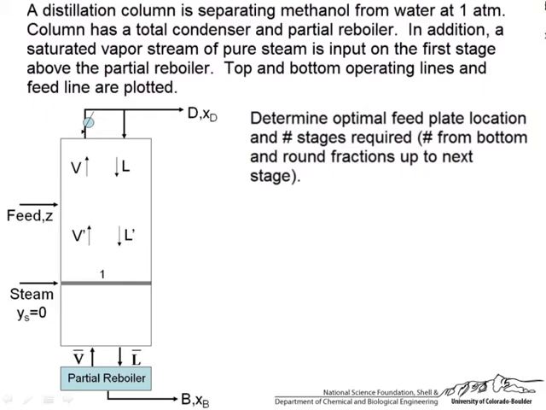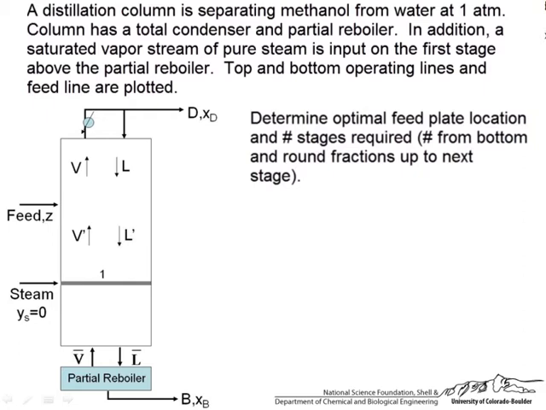A distillation column is separating methanol from water, so methanol will be our more volatile component. The column has a total condenser and a partial reboiler. This means that the partial reboiler will be acting as an equilibrium contact, and the total condenser will not be